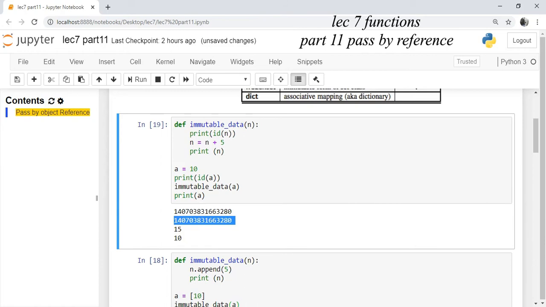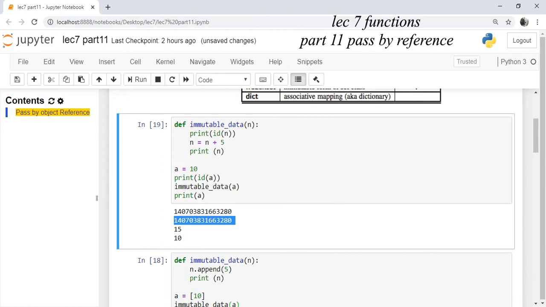This means A and N are referring to the same memory location of the object 10. When you are talking about an immutable object, the object cannot be changed inside your program. Now for the same memory location, you are trying to update it by 5. So a new object is created which uses the value of N, 10 plus 5.